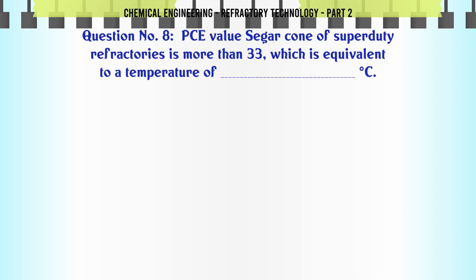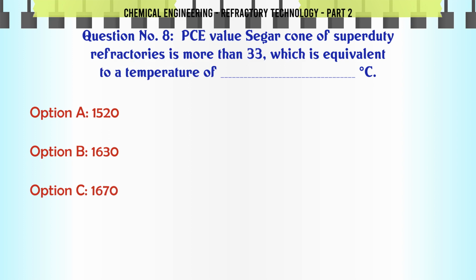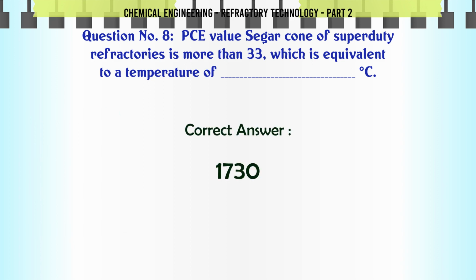PCE value of superduty refractories is more than 33, which is equivalent to a temperature of C. A. 1520. B. 1630. C. 1670. D. 1730. The correct answer is